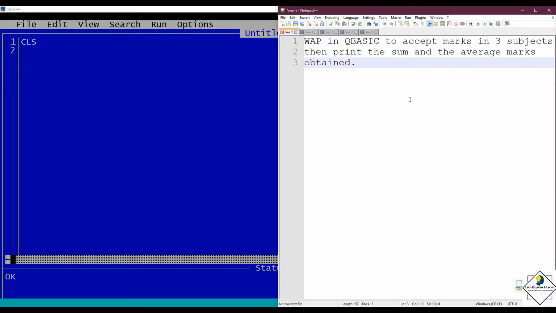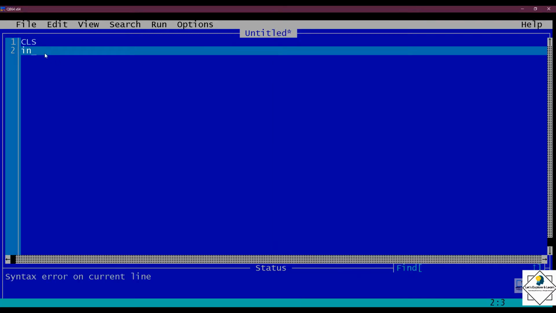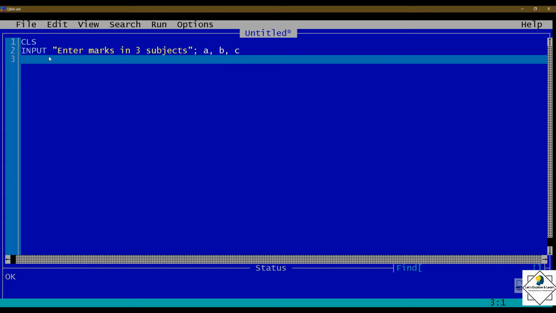Now as per this question, we have to accept marks in 3 subjects. So in the second step, we can write INPUT "Enter marks in 3 subjects"; A, B, C. So INPUT is a command, "Enter marks in 3 subjects" is a message, semicolon is used for separation, A, B, C, these are variables.